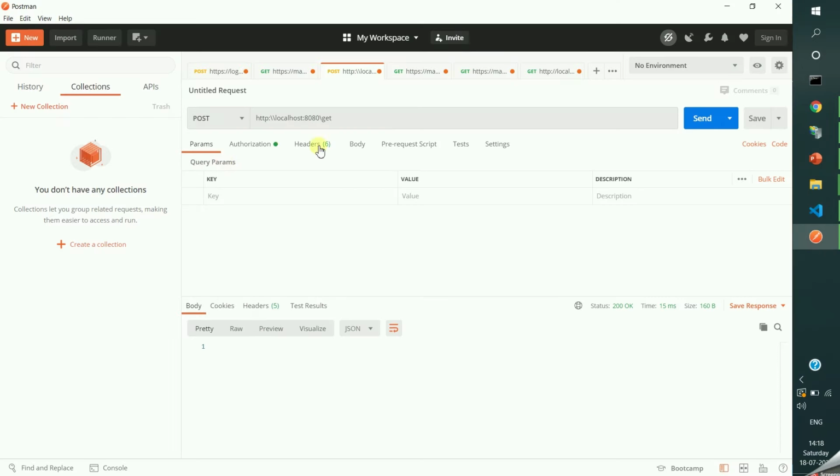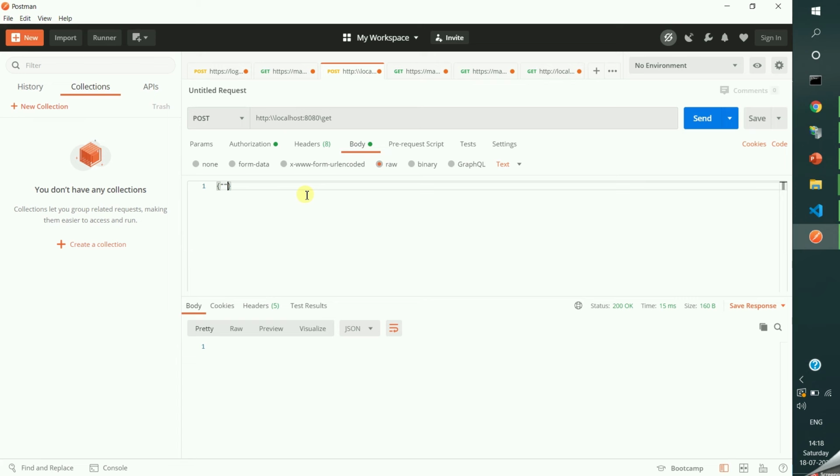Let me try with the post. In that post, in the body, I am choosing raw data. In that raw data I am giving name, engine.